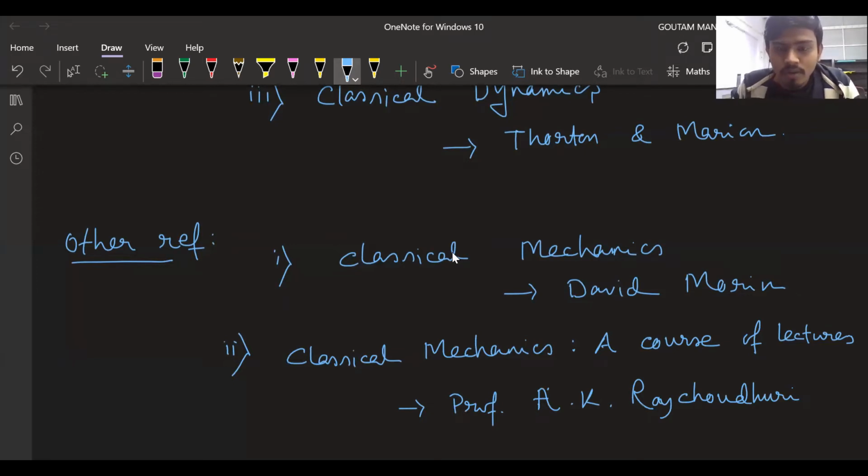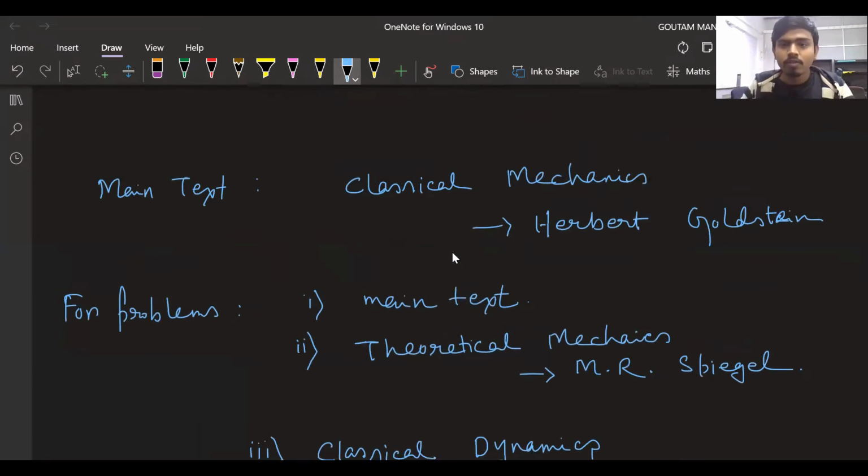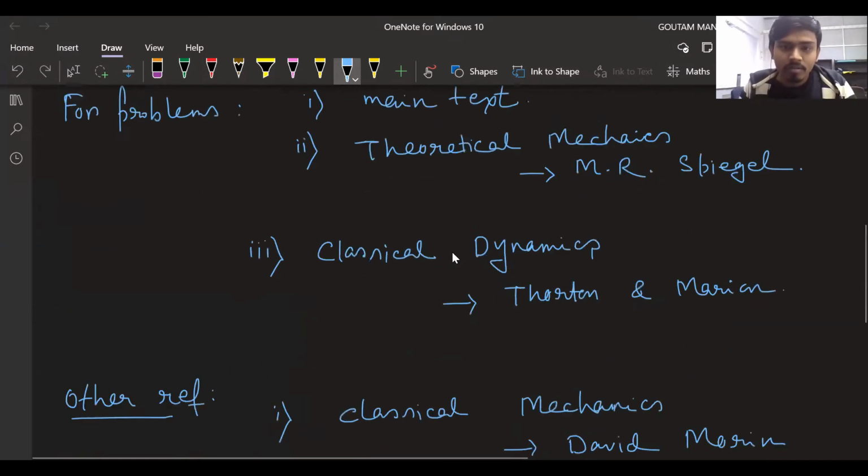So these two books are very good books, and I will mainly follow Goldstein for theory, and for problems I will mainly follow Goldstein, and apart from that, some problems will be from Spiegel, and some problems will be from Thornton and Marion. Okay,